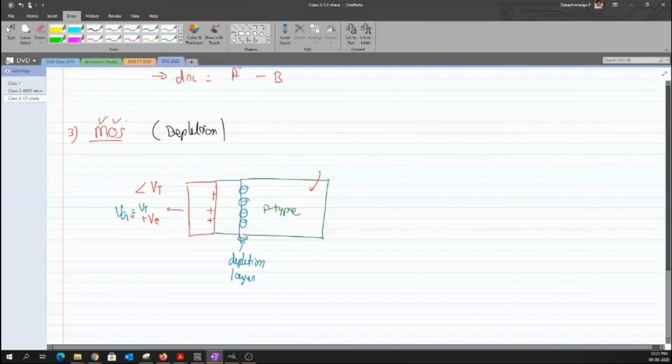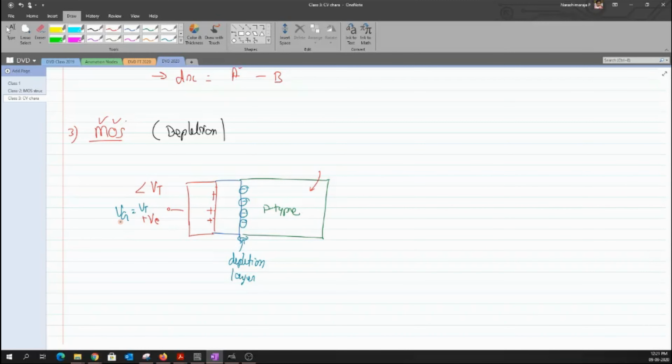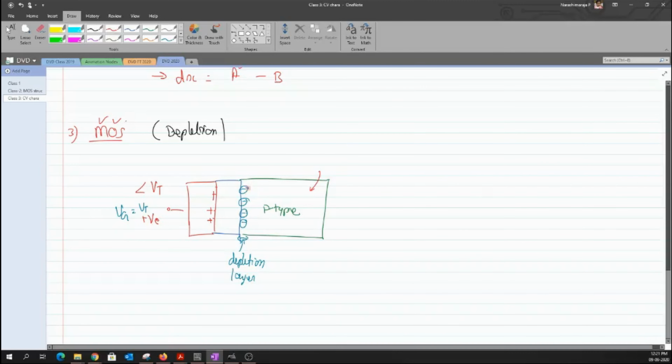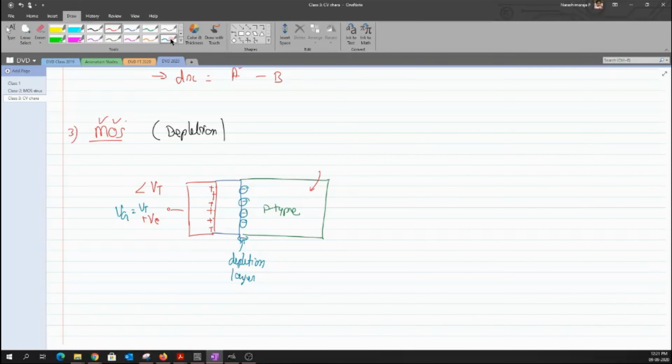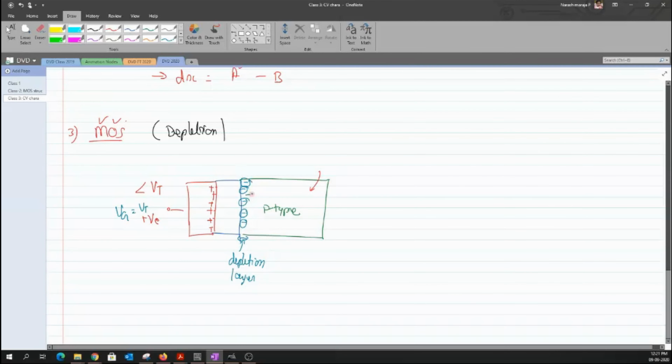Okay, so say for example my gate potential is almost equal to VT. It is slightly lesser, but still quite close to the value of VT. Now what has happened is it has deposited more positive charges on this side, and in turn it has repelled all of my positive charges away from this interface, and it creates quite a large depth into my depletion layer. So it has repelled all of the free carriers, the holes, away from this particular interface, and that has widened my depletion layer.